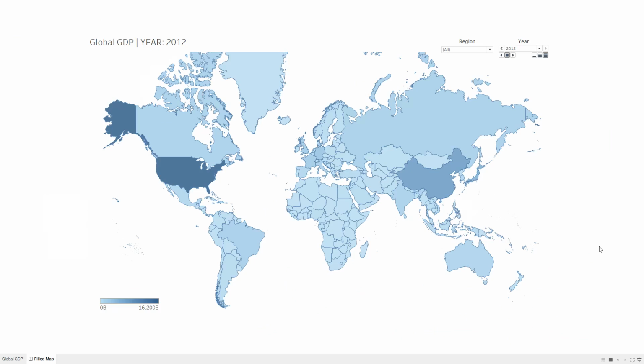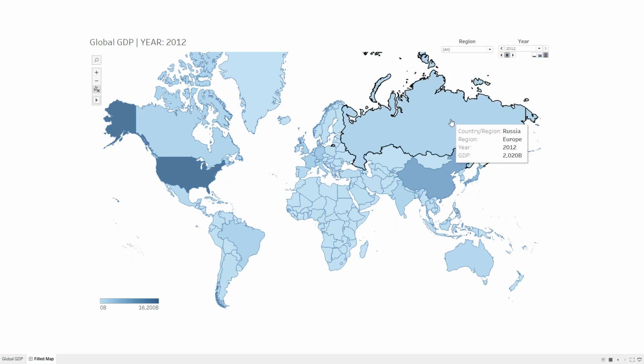Now that we have looked at some examples of tile maps, let's understand why we would need a tile map in the first place. Some countries are very hard to see on an actual map. Like we have Fiji Islands here, Samoa here. It's very difficult to even compare the color density, which signifies the GDP in this case,